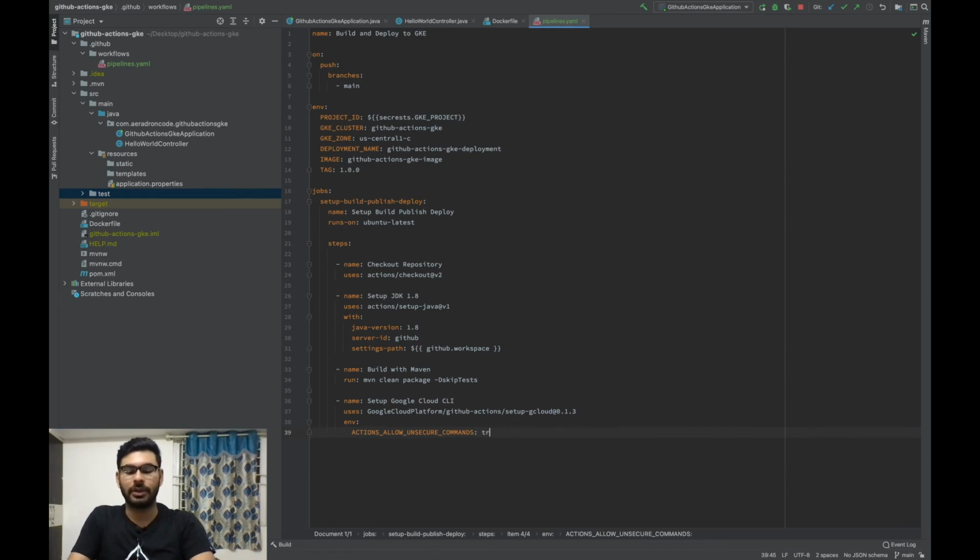So this is a deprecation. It's not actually recommended to be used, but this is some issue that many people face while using this GitHub CLI. So for now we'll let it be like this, as it's not unsafe or anything, it's just that it prints out everything. So if you have any secrets that you are printing out, that should not be printed to the actual console, it should just be logged.